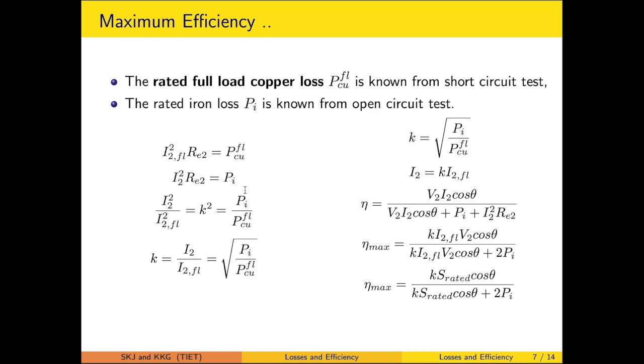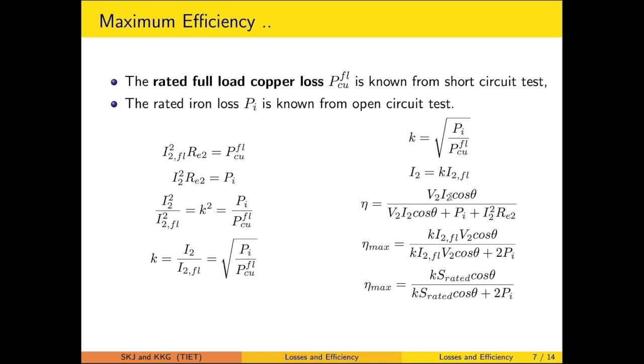We have already suggested that the copper loss has to be equal to the iron loss for the maximum efficiency. So when we divide this equation by the first equation, it results like this. The K, which is the percentage of the loading level, is expressed likewise. This percentage loading level at which the maximum efficiency results is the square root of Pi upon PCUFL. So the current level is obtained in terms of the percentage loading and the rated full load